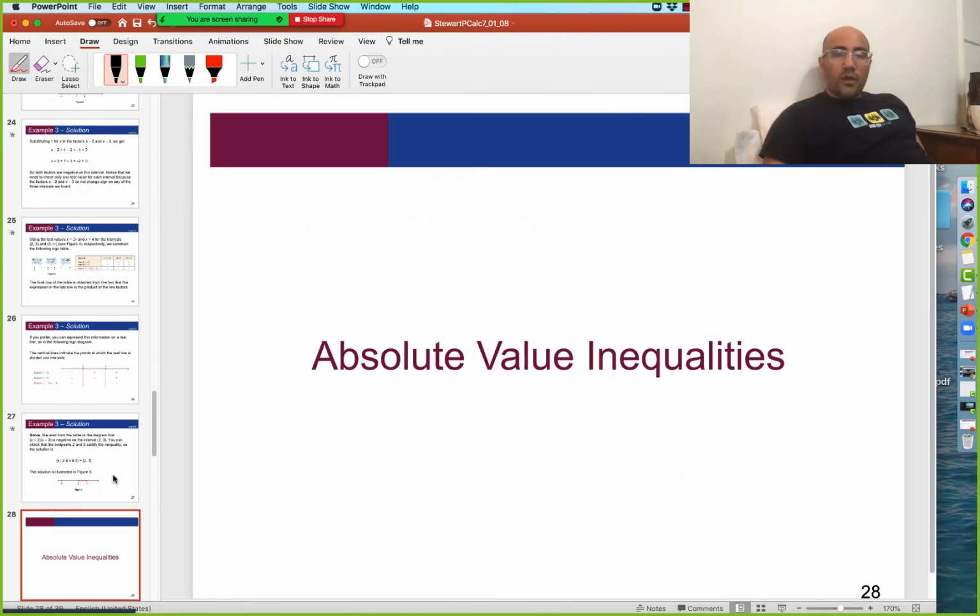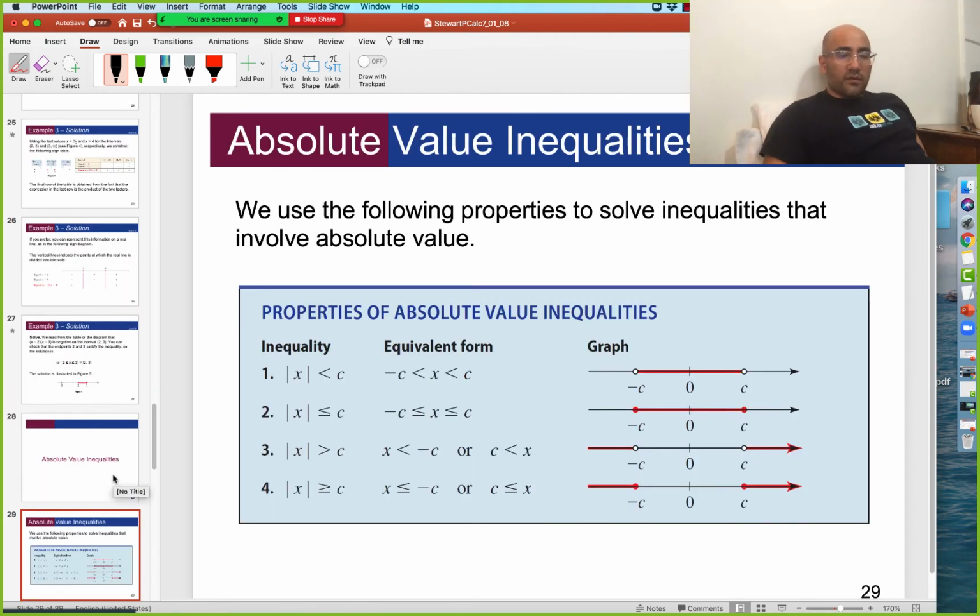No? Okay, moving on to absolute value inequalities. So these get a little trickier. These are the core ideas we want to cling to when we want to solve an absolute value inequality. Remember the definition of an absolute value. An absolute value of x means that we're looking at all the